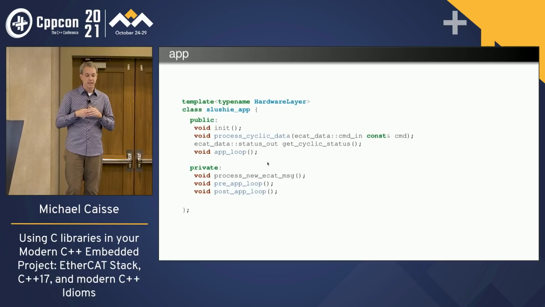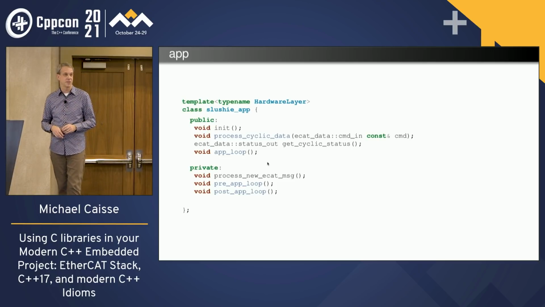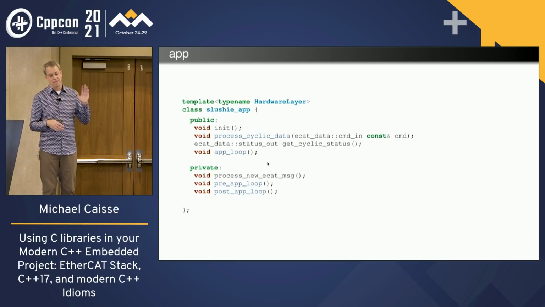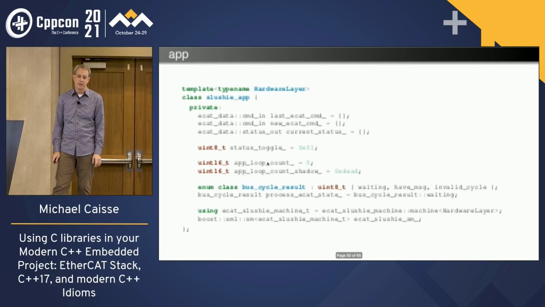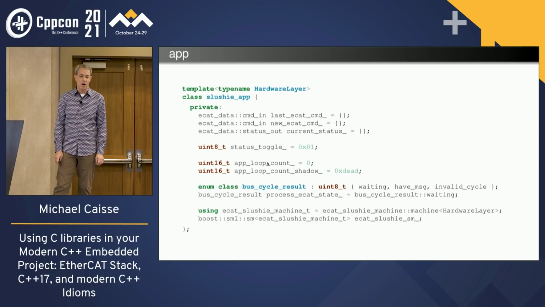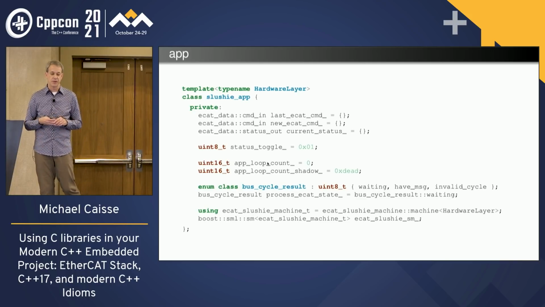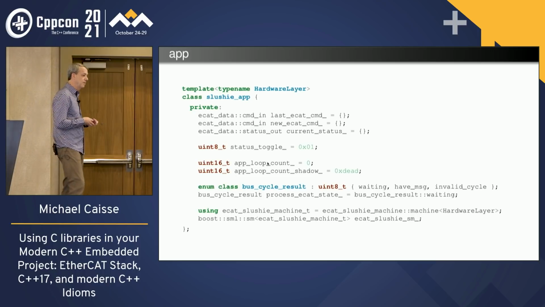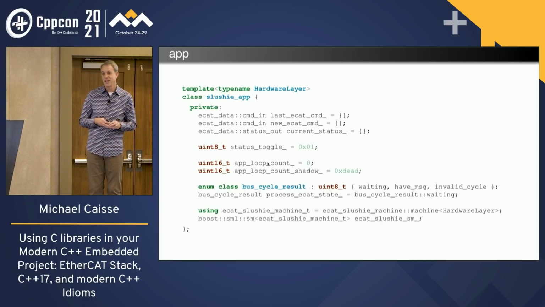And then there's some private stuff we might have, like for example, process a new EtherCAT message. I have a tendency to like to say, these are things that always happen before the loop, like set up to get loops working, and these are the things that happen after the loop is done, the main run loop, so I can just concentrate on the business logic in the middle. Okay, and then there are some things that we have for data members. And in particular, I want you to notice the data member at the bottom, because I don't think it would be a talk that I would have given, at least in the last few years, if we didn't have a Boost SML